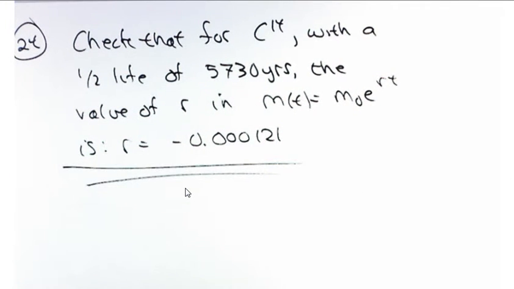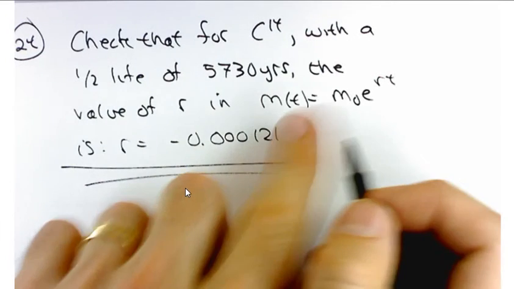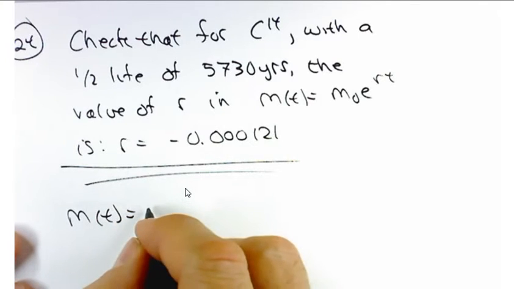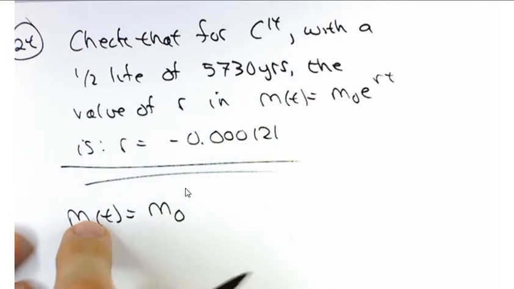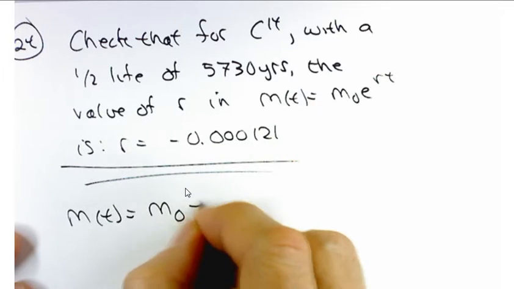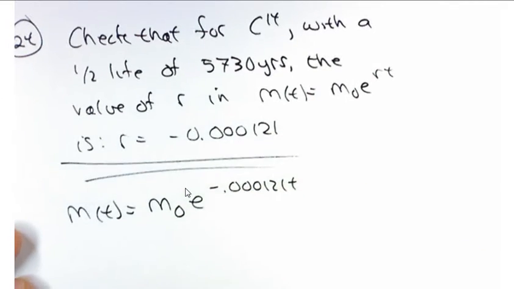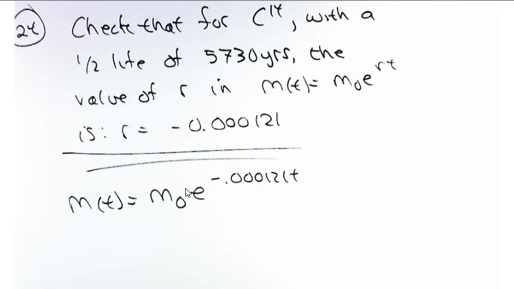So m equals m sub 0 e to the negative 0.000121 t. This models the exponential decay of carbon-14. It's a radioactive isotope of carbon. Carbon usually, I think, has 12 neutrons. This one has 14. So they ask us, or the problem says,